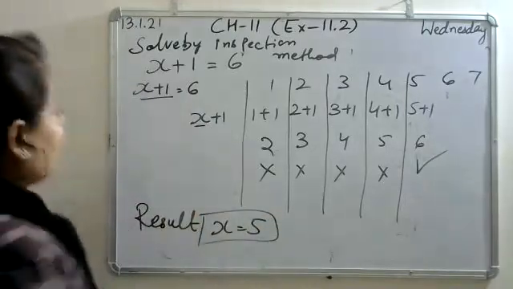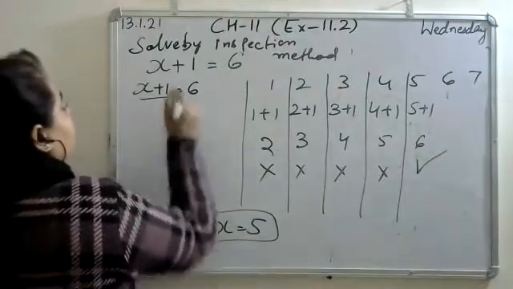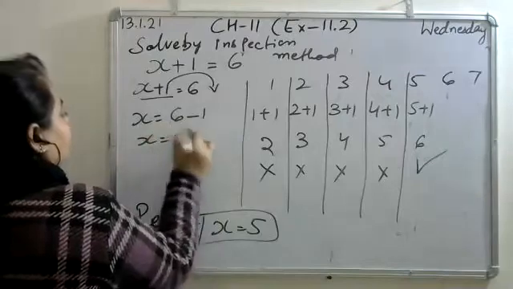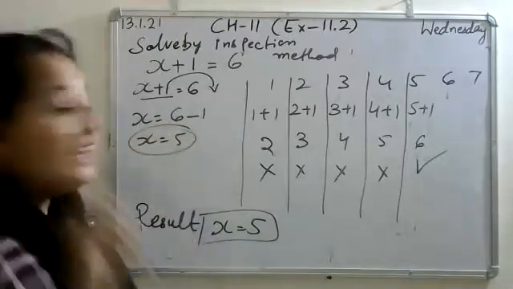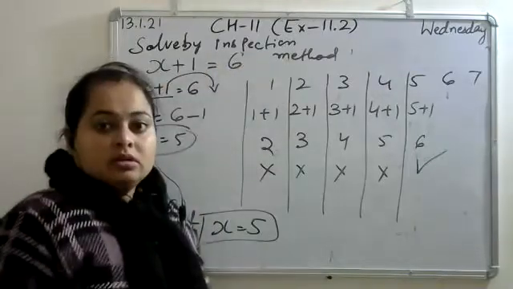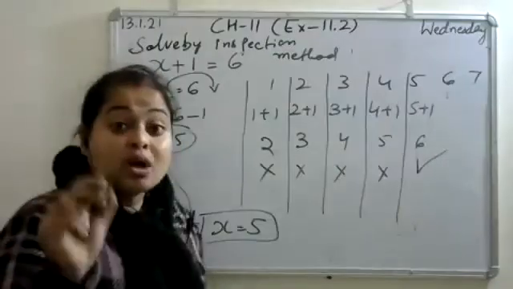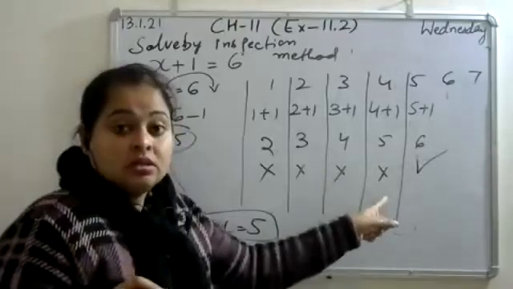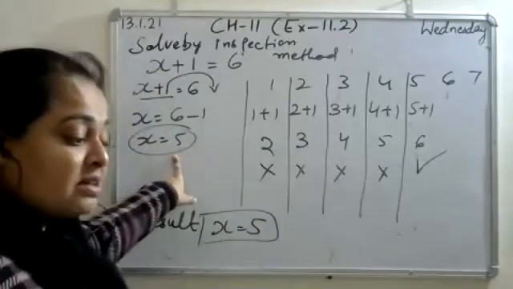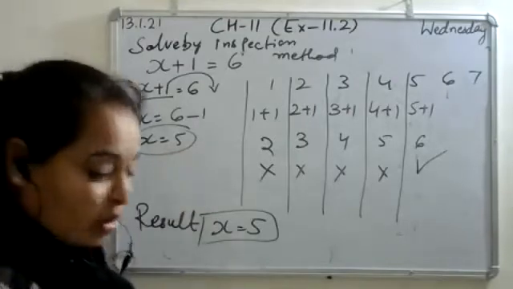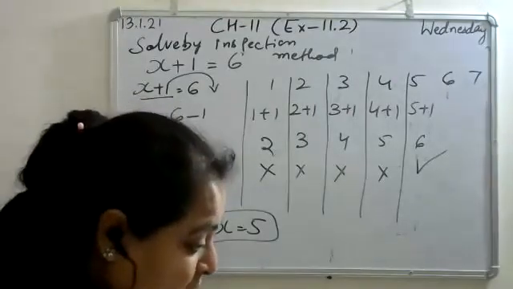Now check by shifting also. Look here. Shift. So 6 minus 1, 5. But heading थी inspection. If the heading is inspection, then you have to solve the sum like this. You will solve the sum like this only if the heading is just solve. Okay? So this is the inspection method.